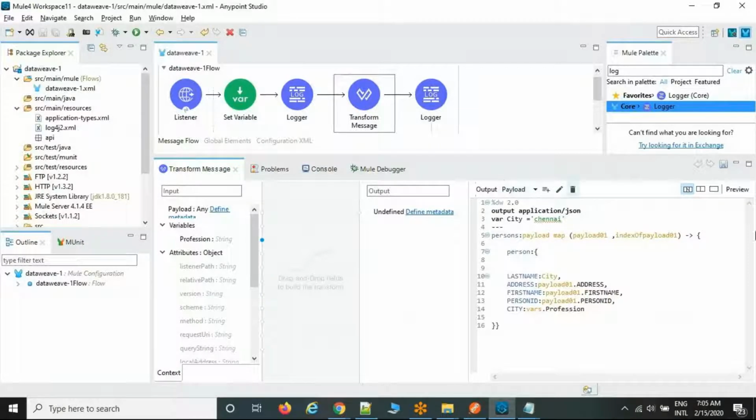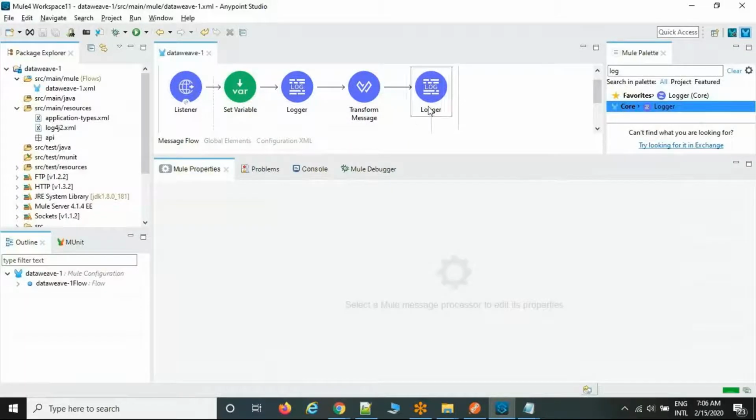First, the entire output will be stored under a variable, then we can reuse it. Whatever variable you want within the DataWeave code, the syntax is var. Don't write the full name of the variable, just var and the key value, and we can reuse it within the DataWeave. Don't think that whatever variable you create inside the DataWeave, the system won't support reusing it here, or in any other palette.